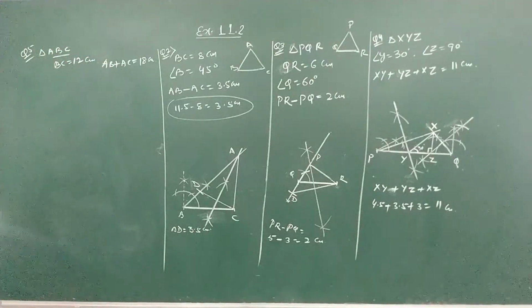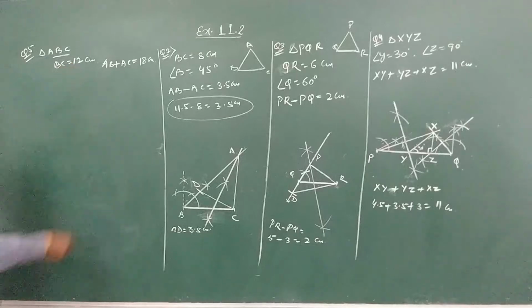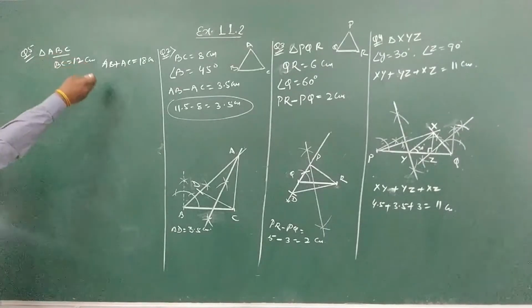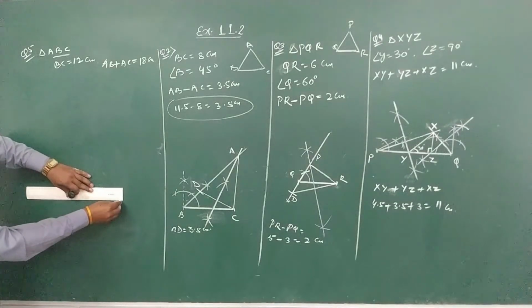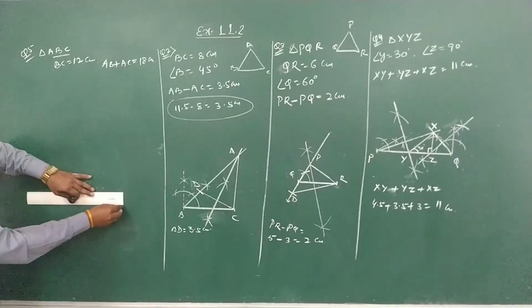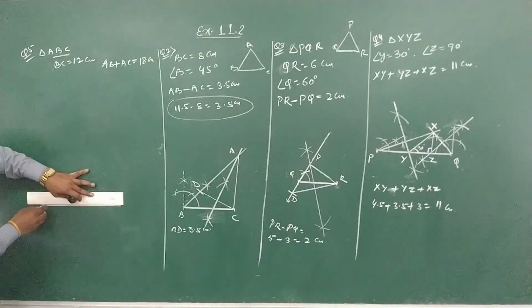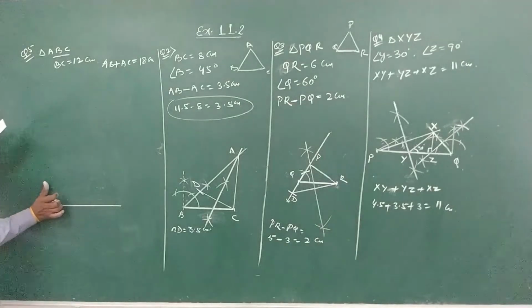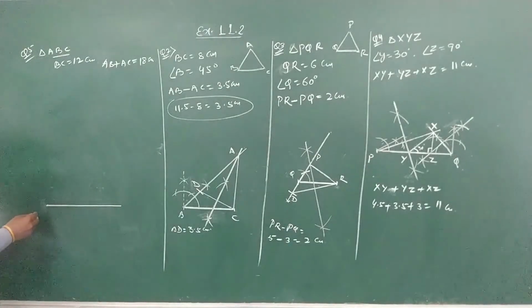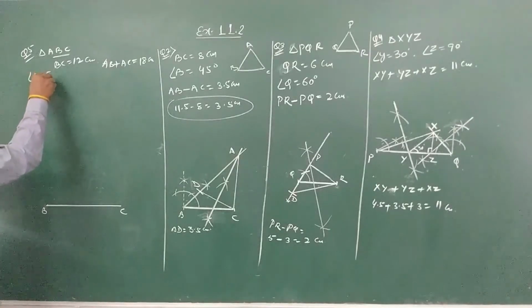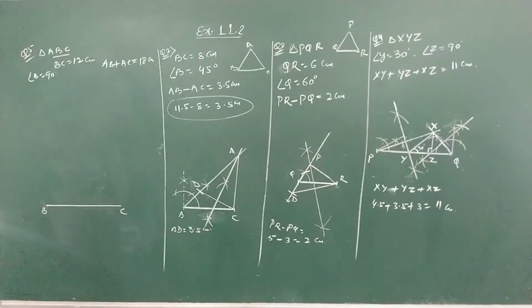So you can take right angle at B or C. I'm taking BC as a base. So whether we will take B as a right or C as a right angle. So draw the 12 centimeter first. We draw a 12 centimeter line. It's a 12 centimeter. Check it again. So this is your BC, 12 centimeter. Now draw an angle of 90 degree. So I'm taking angle B as 90 degree.